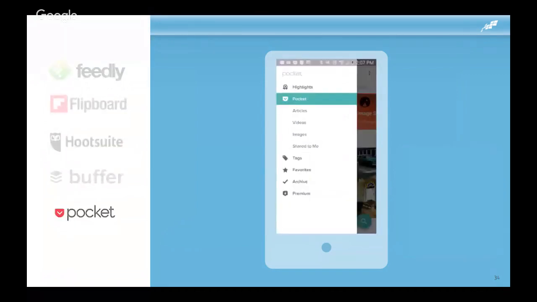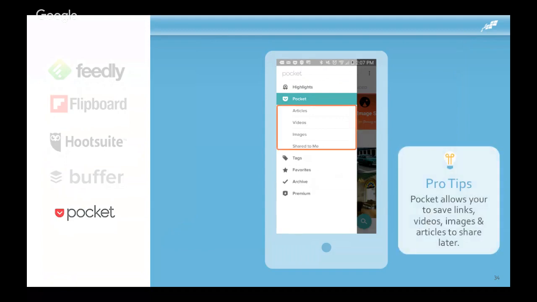And then Pocket is similar in feel and design to Instapaper, which I mentioned before. But really, if you're on Buffer or on Pocket, you can very easily save links, videos, and images to share later, and then you just go into your Pocket account.